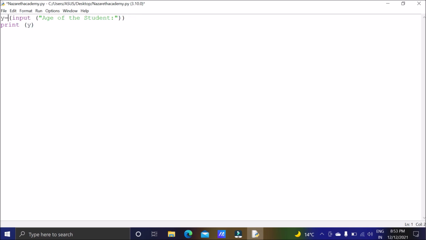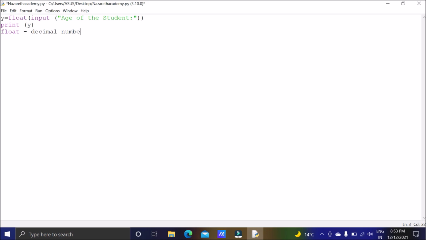Likewise, if we want to go for a decimal value, then we have to go for float. Float means decimal value. If I want to get a decimal number, then I will tell the computer that I want float.